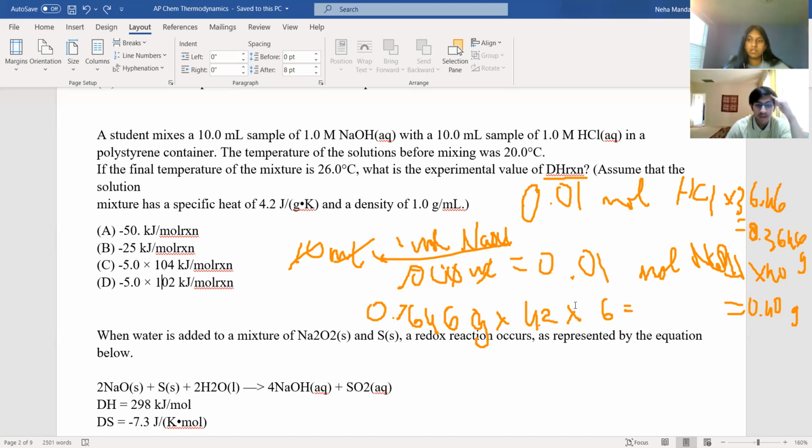Well, that's because we didn't convert to moles of reaction. We converted to the total joules. But the answer here that I got is 192.7 joules, and that's the joules for this. It's 19.27. Oh, I got 192. 0.7646 times 40. Oh, it's 4.2. Okay. 19.27 joules. Okay, and then if you divide that by